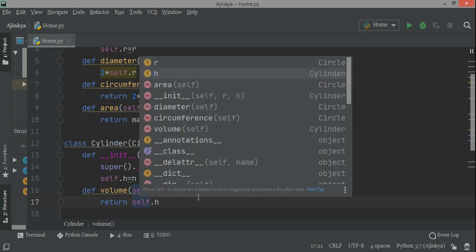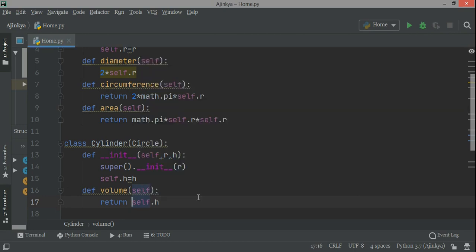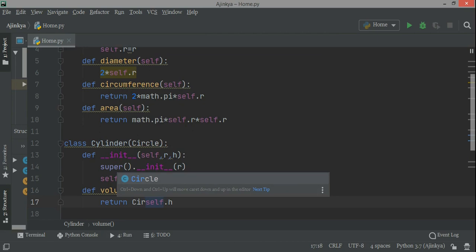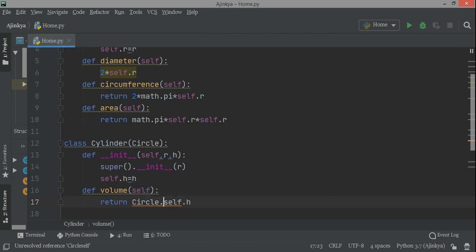So self dot h is the variable of cylinder class, and self dot r is the variable of the circle class. And the self dot r, since cylinder is inheriting circle class, it can access the features of it. And we have the important features of the cylinders, which are called the surface area and the volume.